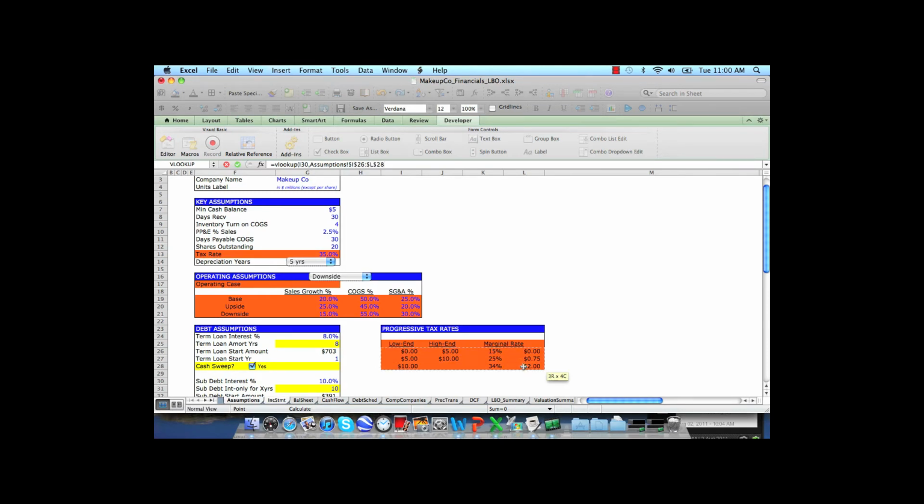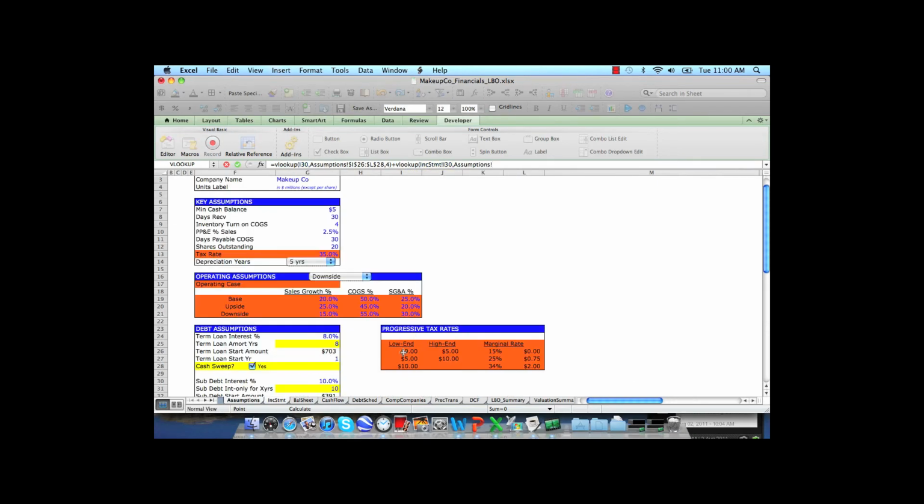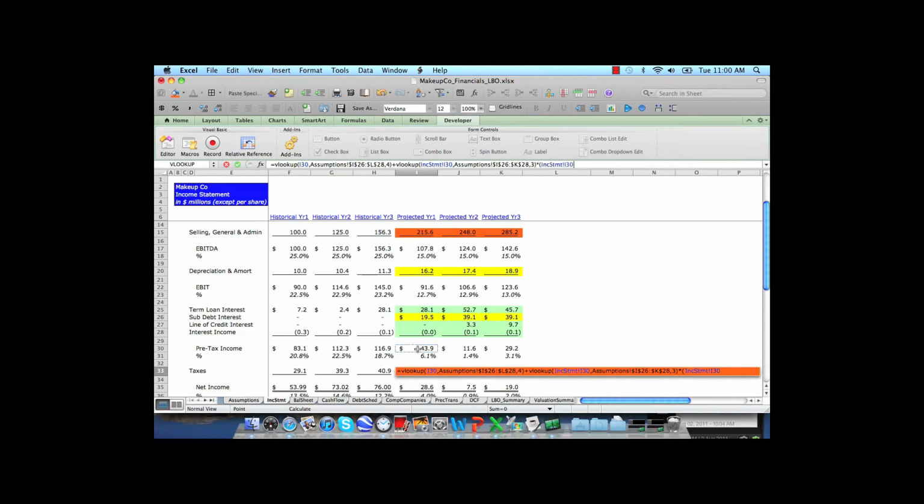And I'm going to lock that chart. And our reference here is the fourth column. I want to know the tax that's going to be paid. And then I'm also going to add in VLOOKUP, same reference. And now I want to find the rate. So I'm going to highlight only these 3 columns. And I want it to return the third one to me. And multiply that by, again, back to the income statement, the pre-tax income